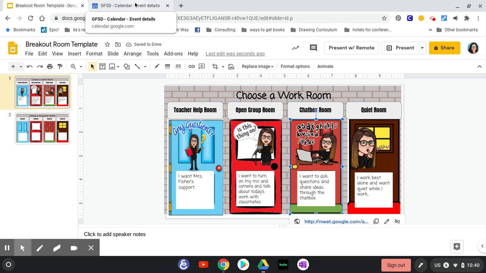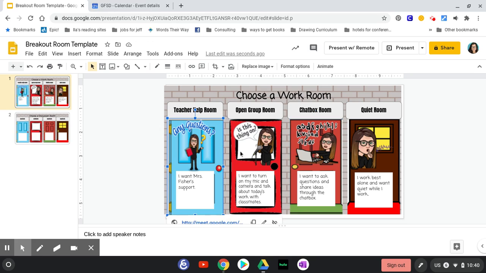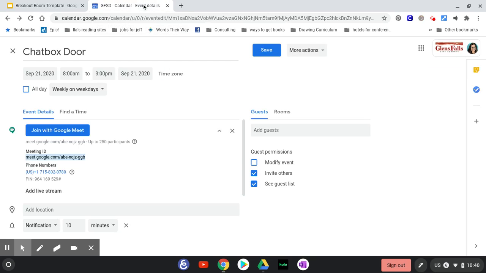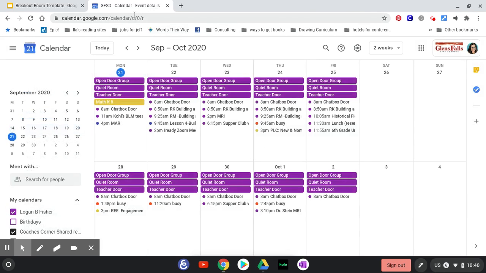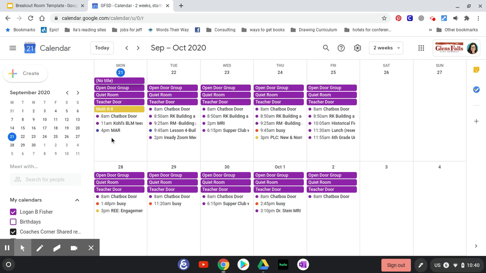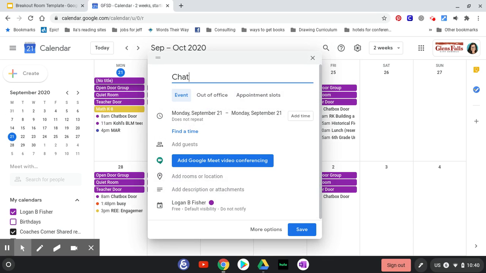So I'm going to say that one more time. If you want to add a link to each door, a different link for each door so that the kids can go to separate meeting rooms depending on the kind of worker they are, you would go to your calendar at calendar.google.com. You would make sure that you made a door link on your calendar just by clicking in the box and giving it a title,